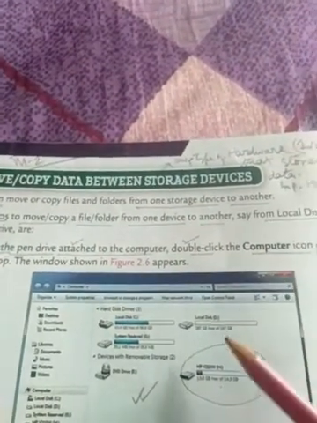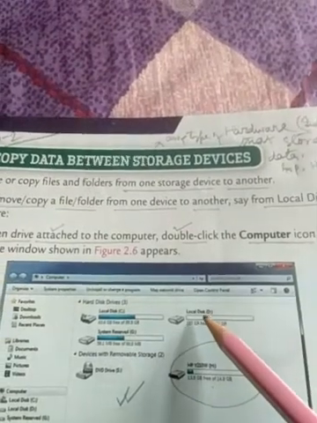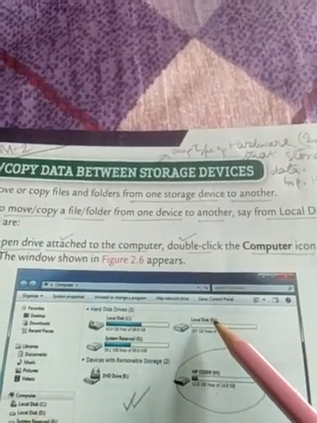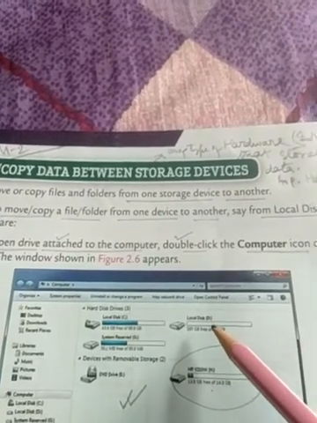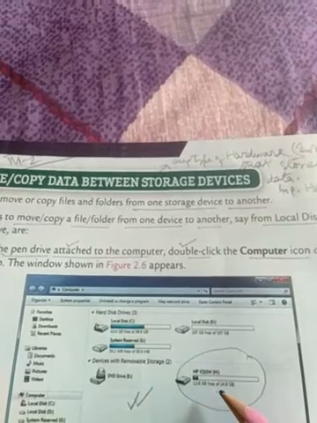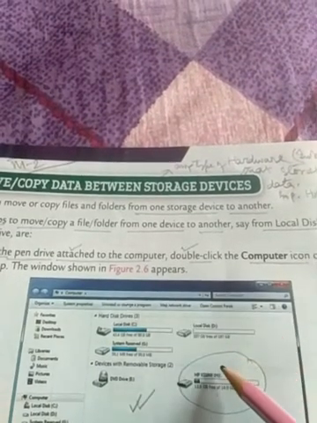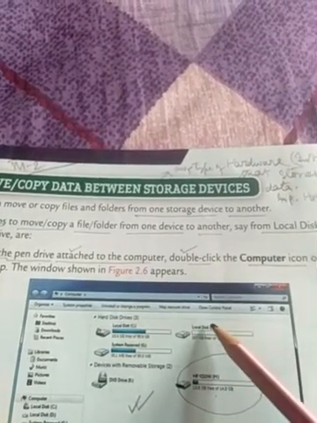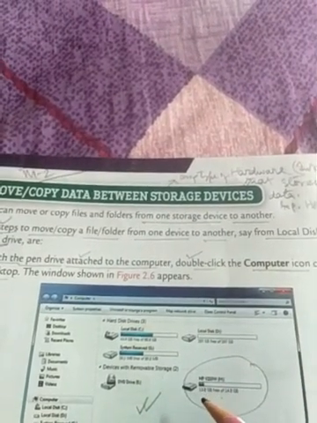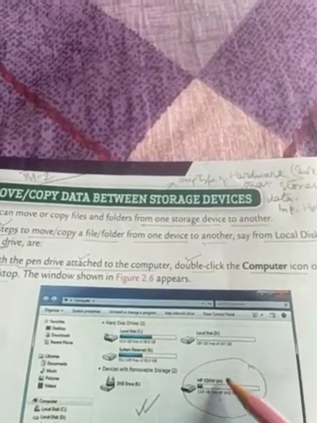Here the concerned storage devices are from the local disk D, the internal secondary storage device, to the external secondary storage device, that is the pen drive. This is our pathway. From this local disk D, we want to move or copy any data or file or folder to the pen drive.